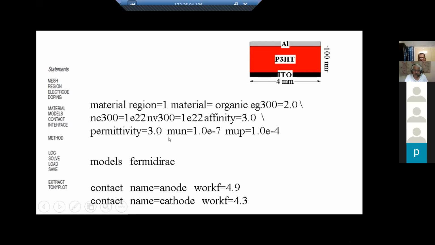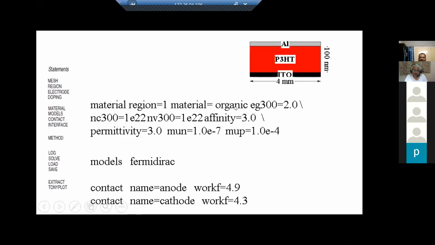And the values of mobility are also given. So electron mobility and hole mobility are being defined. These parameters completely define the electrical characteristics of the semiconductor being used. These are very simple values, and they can be modified depending upon the user. You can modulate them to correspond to your semiconductor. So in the name of organic only, you can define your own semiconductor.